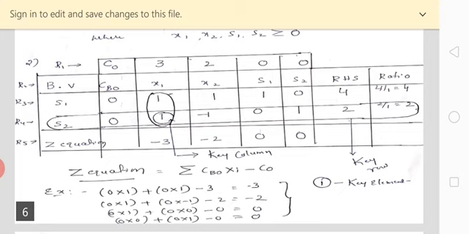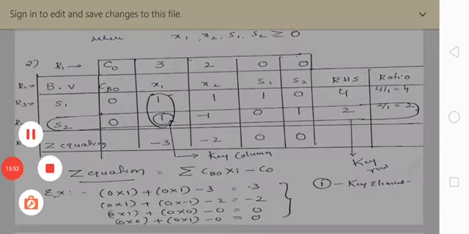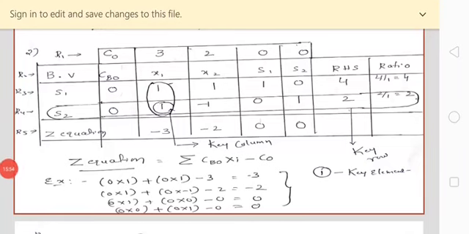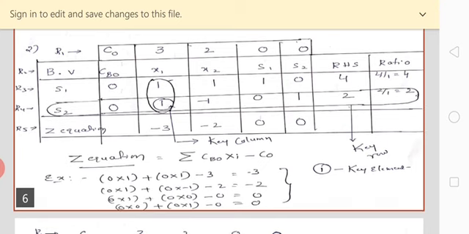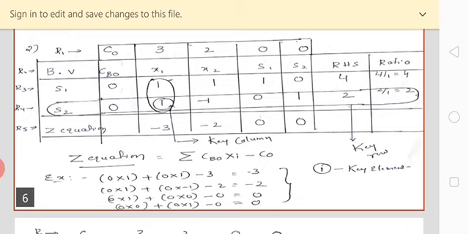Similarly, now for finding the leaving row. For calculating the leaving row, you need to calculate the ratio. The value corresponding to the key column, what is the value there? See, observe the R3 row under the x1 column, we have the value 1. That is going to divide the RHS column, that means 4 divided by 1. Just observe the ratio column, there I have written 4 by 1 is equal to 4.